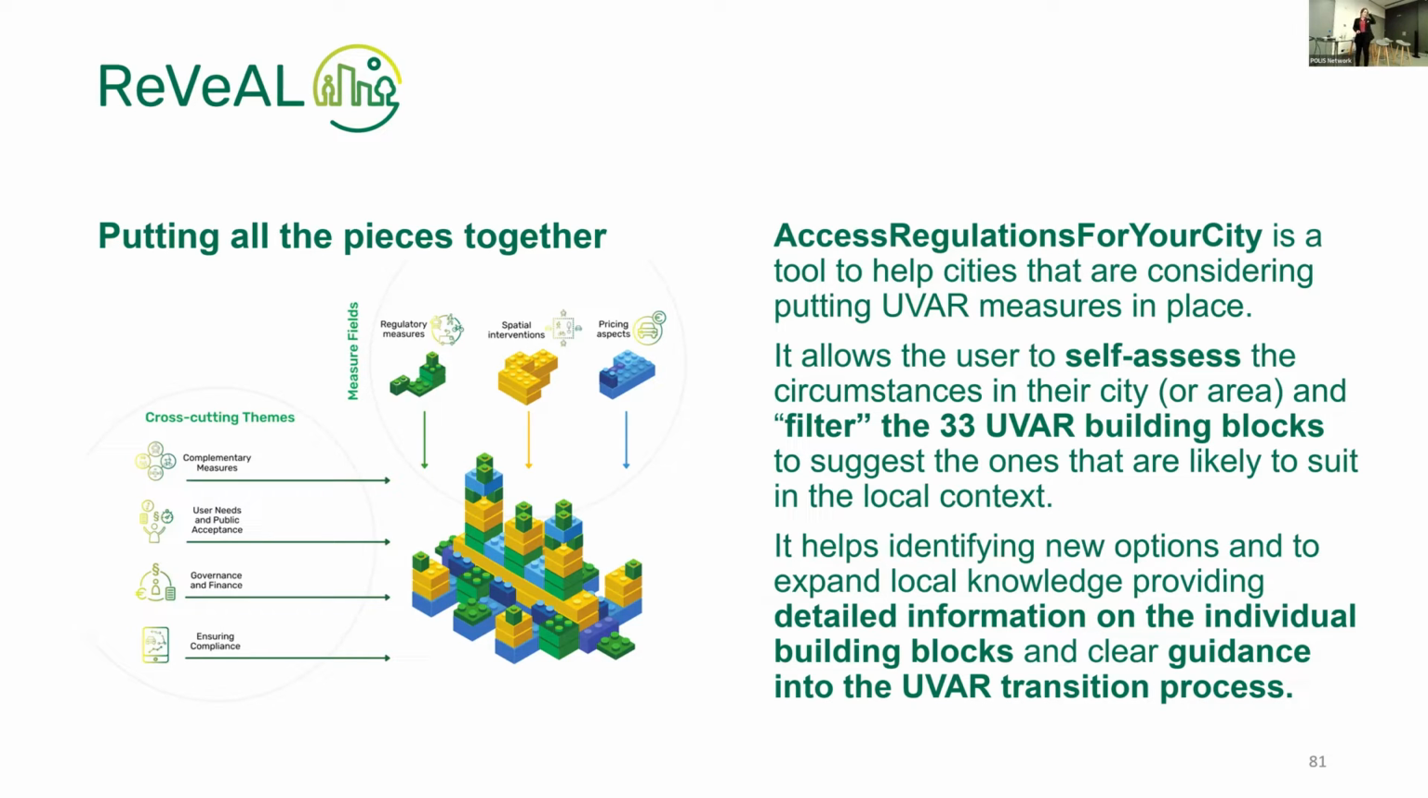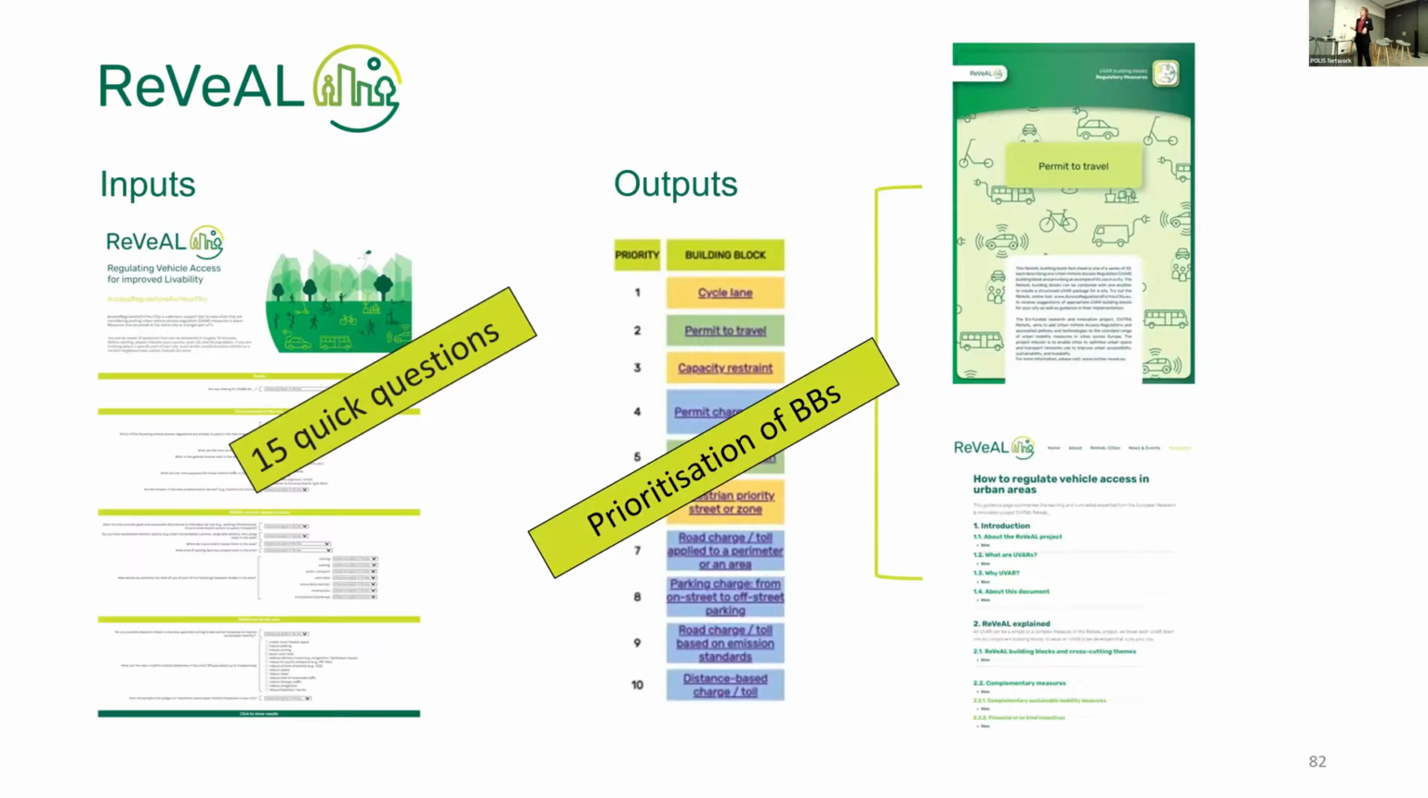So it allows the user, a city, to self-assess their situation in the city through different questions, and to filter down the 33 different building blocks that we identified and suggest the ones that are more suitable for the local context. So the inputs are 15 quick questions, which would take you only 10 minutes to respond. And then the outcomes are a prioritization of the building blocks, and from each of them, you will get access to fact sheets that explain all the